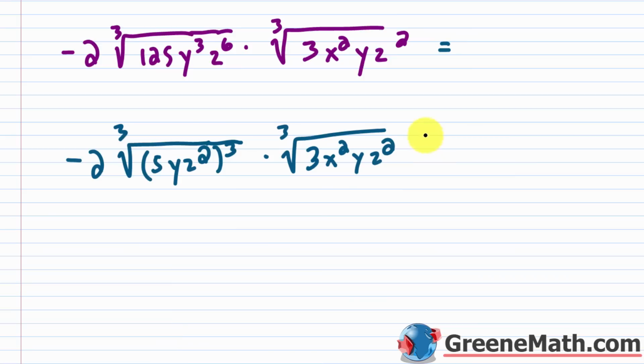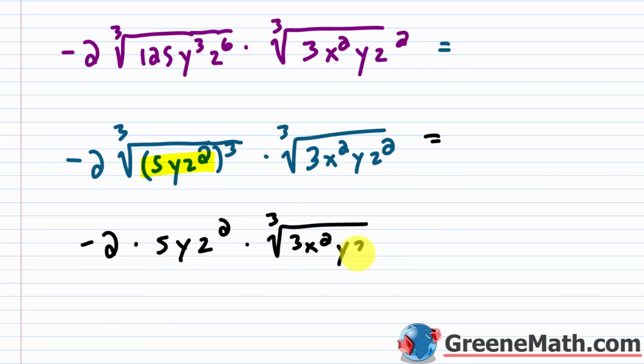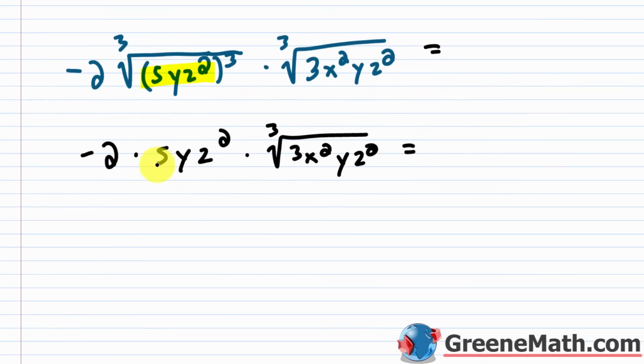So let's come down here and put equals. So I have negative 2 times, again, the result of this is going to cancel with this, and you'll have what's inside of here. So this guy right here, what's being cubed. So you'll have 5yz squared. Then times, again, this isn't going to simplify at all. So the cube root of 3x squared yz squared. And just to finish things off, I'm just going to multiply. Negative 2 times 5 will give me negative 10. So I'm going to have negative 10, and then yz squared, and then times this cube root of 3x squared